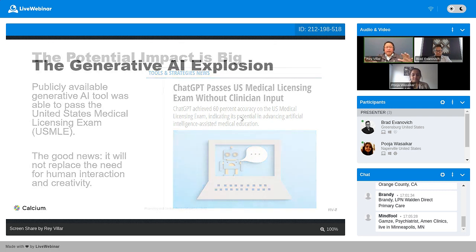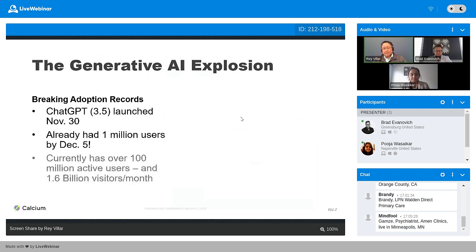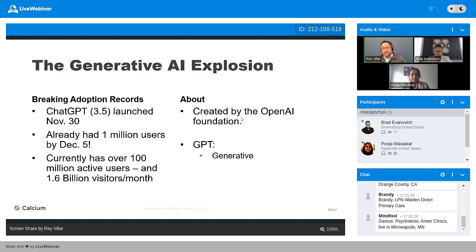But let's talk about what's happened in the last 6 months. On November 30th, right after Thanksgiving, OpenAI launched ChatGPT. It was ChatGPT 3.5, actually. And my Twitter feed and my Slack feeds and a lot of my news feeds all blew up as soon as they launched, because I'm part of a couple of different AI groups. And I dove into it. I spent the whole weekend just really testing it out. My mind was blown as I went through it.